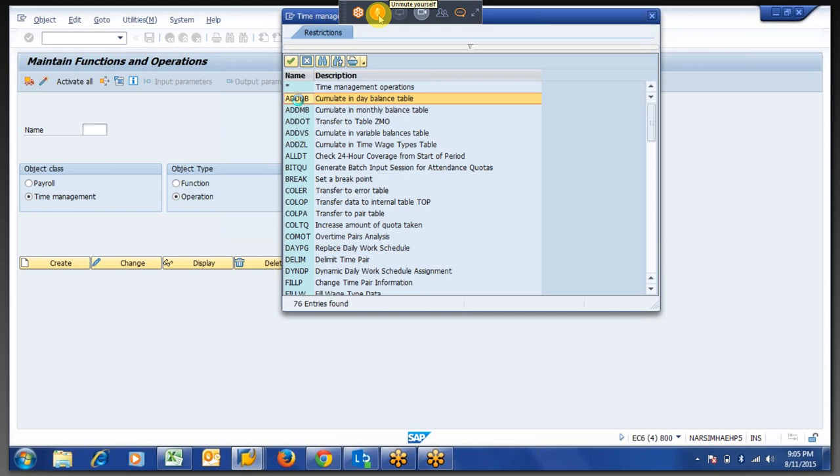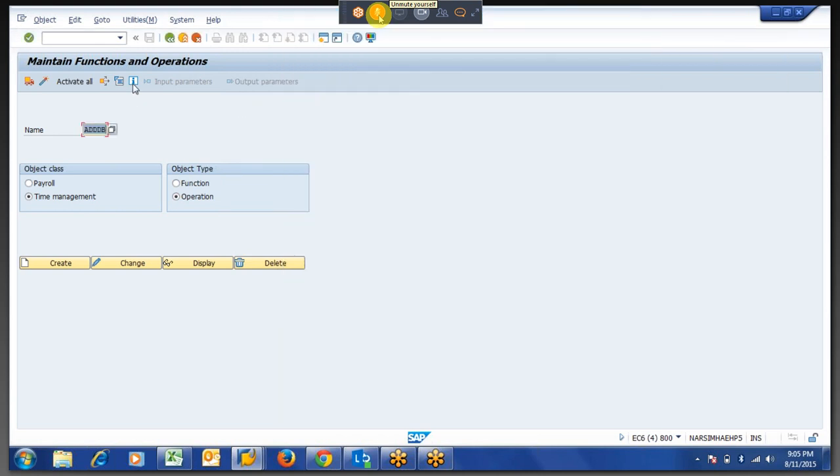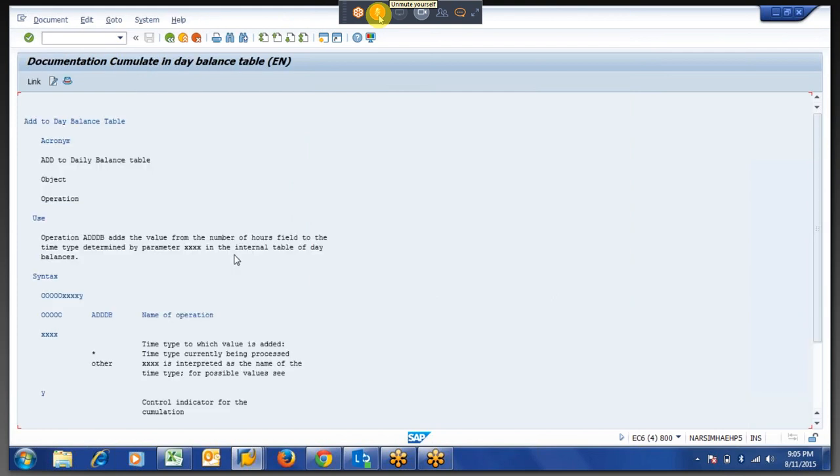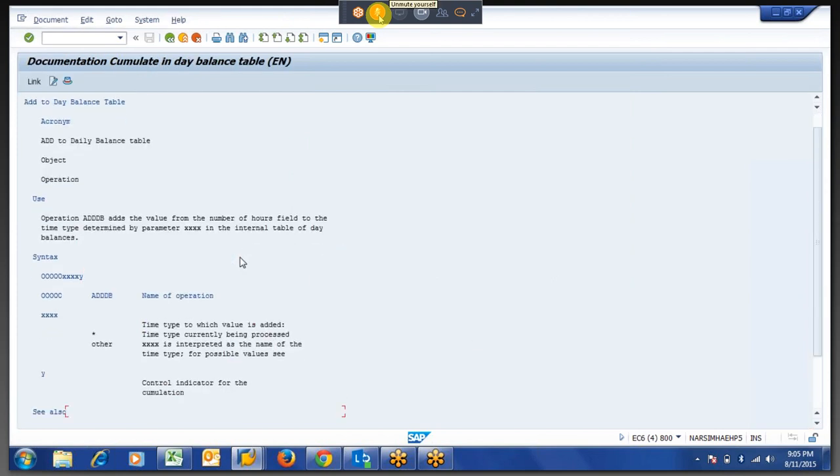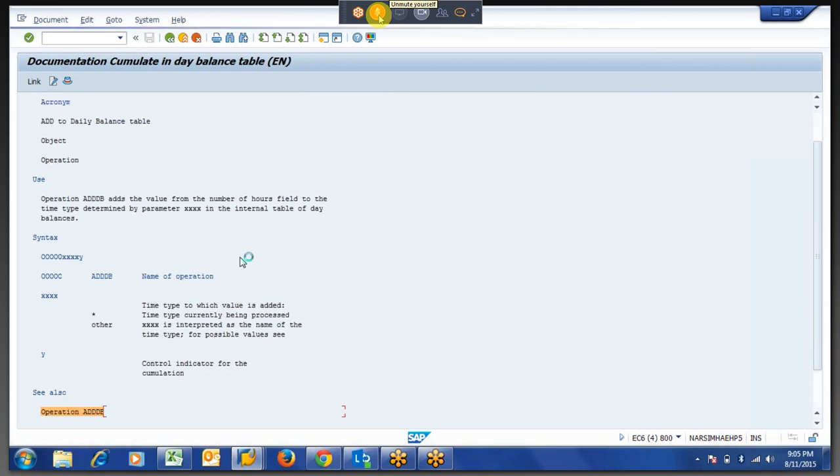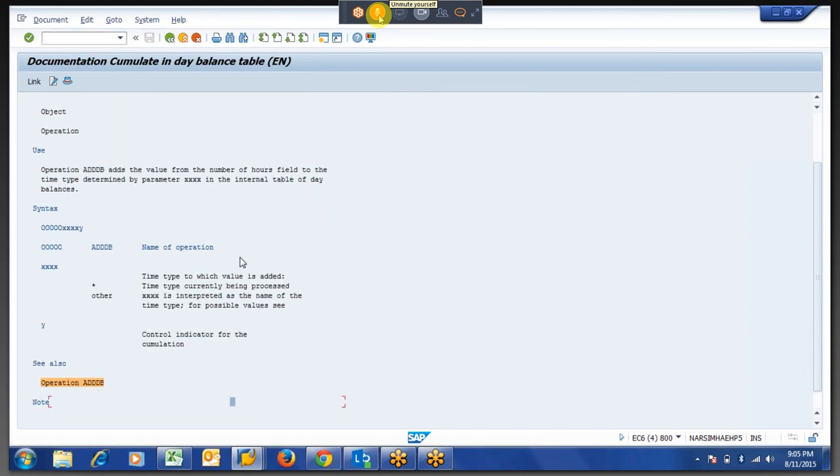Okay, go to DB, go for documentation. You will have a clear documentation here. What this exactly will do is it will store the data to the day balance table, that is called the ZES table. Here the operation ADD adds the value from the number of hours field, that is our HRS field.